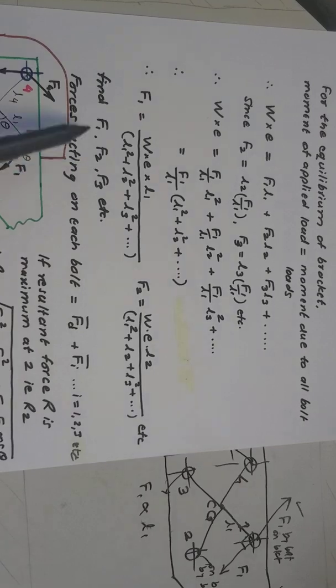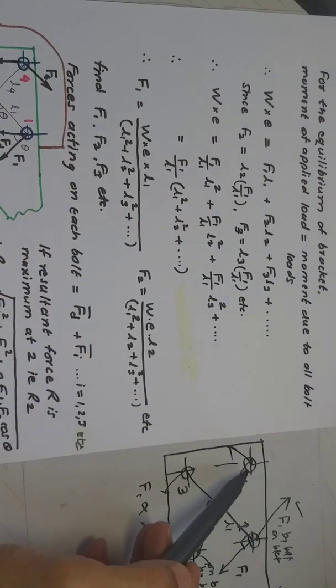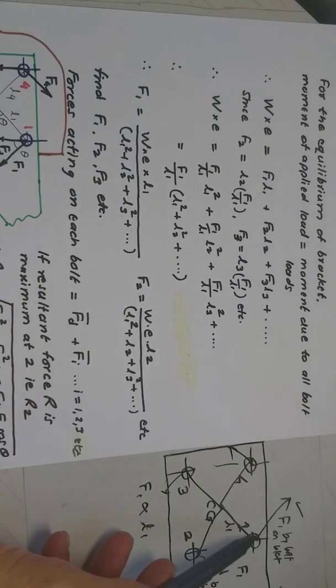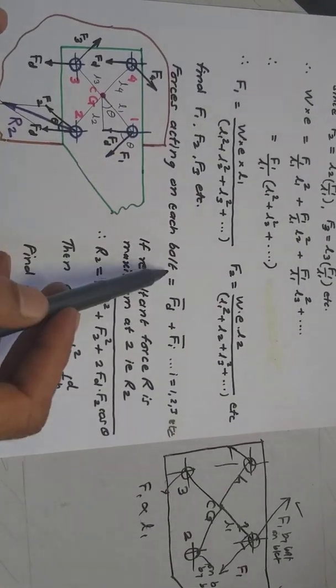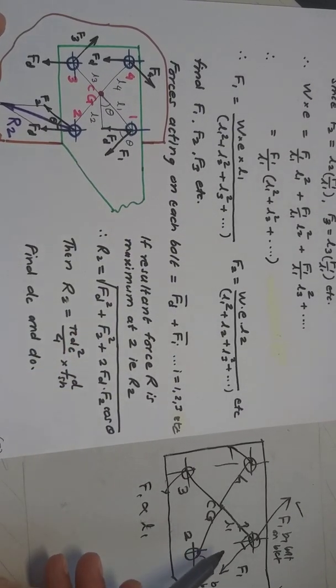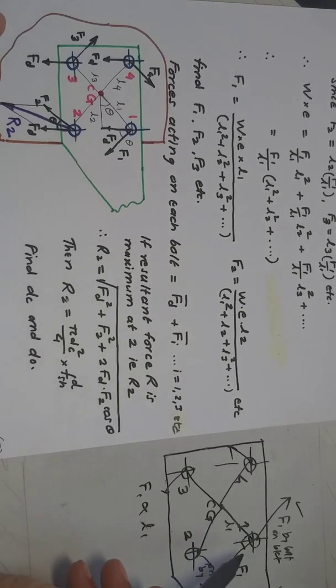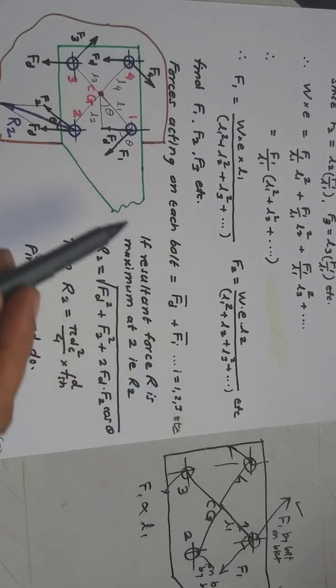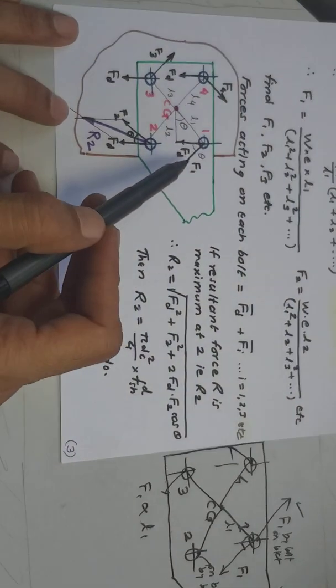So having done this, at this stage we know all these forces F1, F2, F3, etc. They are acting on the bracket by the bolts. So these are the forces acting on each bolt. Now let us take the force acting on a particular bolt. That we are going to find out by addition of the two vectors. So before we do that, let us see how these vectors are shown.